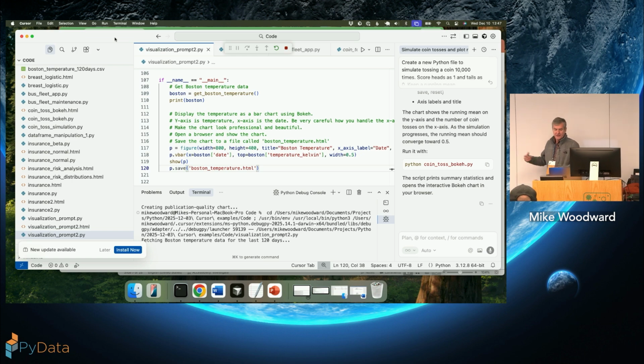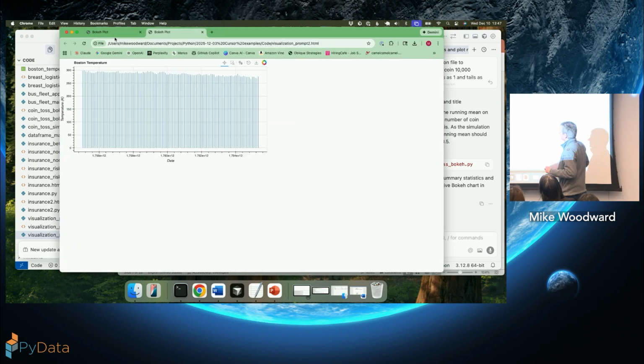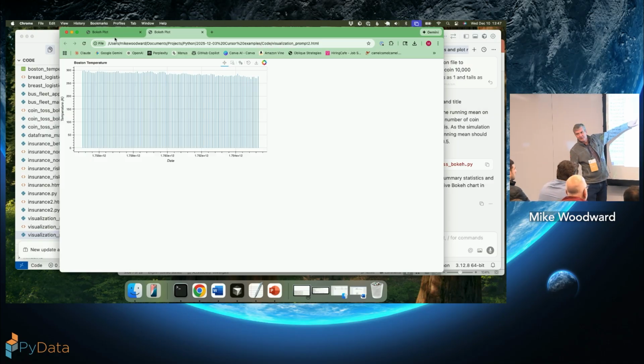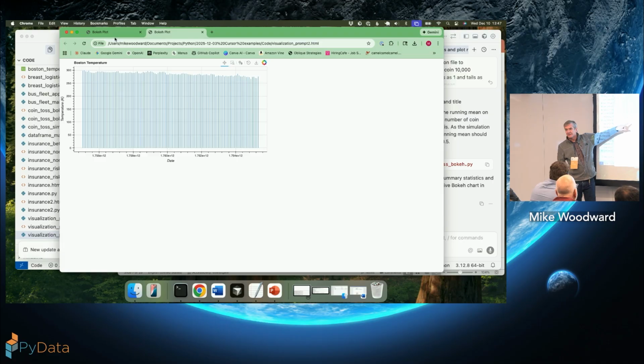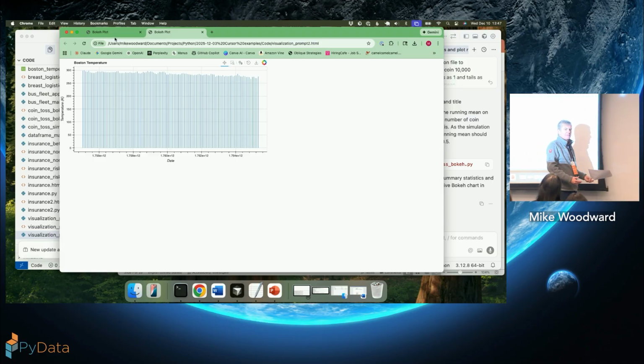Right? Actually, it's going away. It's retrieving this data. There we go. So that's it over the last 120 days. Publication quality, well, not really. And look, it hasn't got the date properly, right? So look, there are some things where you have to intervene here, but how much effort did that take?